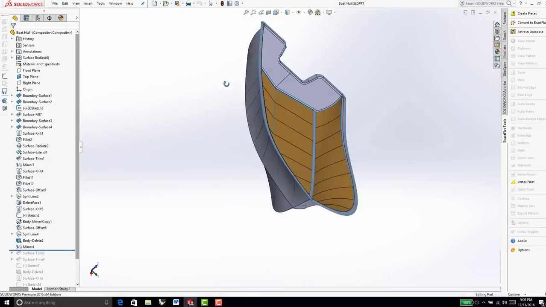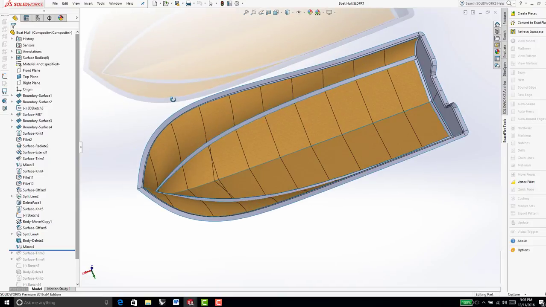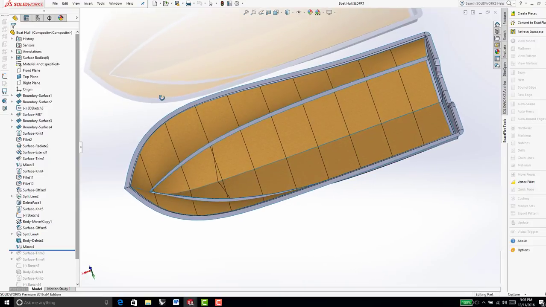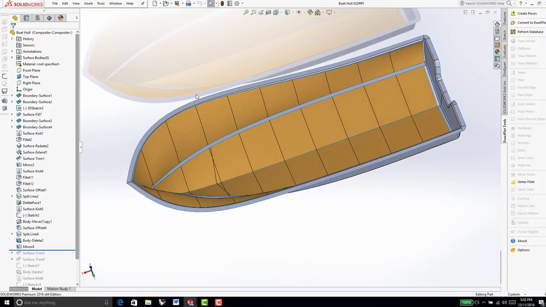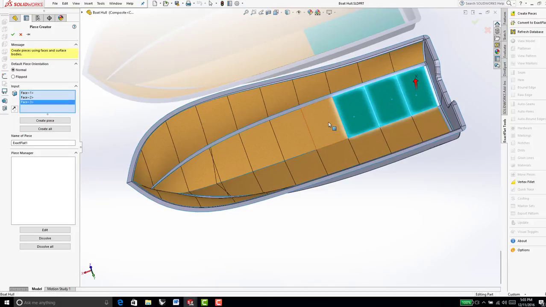Things got a little bit crazy, but this is actually going to be a composite boat, and I'll just show you how the software works. Our toolbar is over here, and I can move it anywhere, but I'll just use it here. First I'm going to create the pieces. So I select the pieces that I want